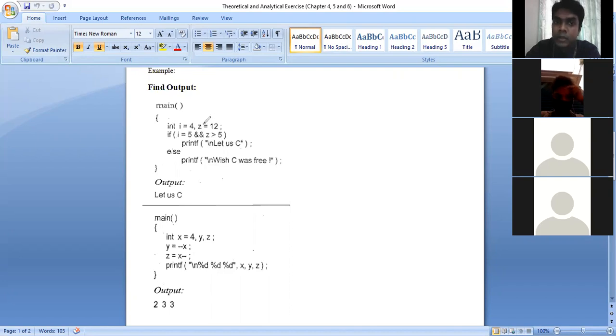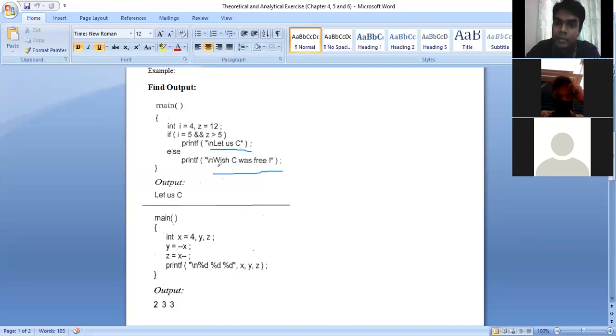And in the if condition, we are writing I equals 5 and Z is greater than 5. So what do you think? Which part is it going to print, this if part or else part? Else part.